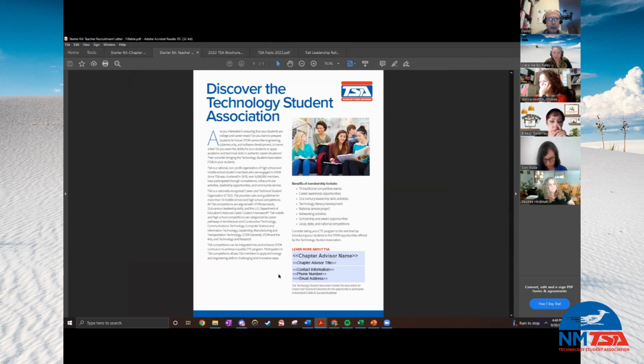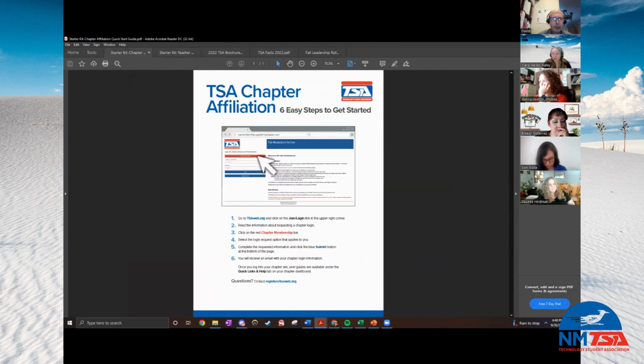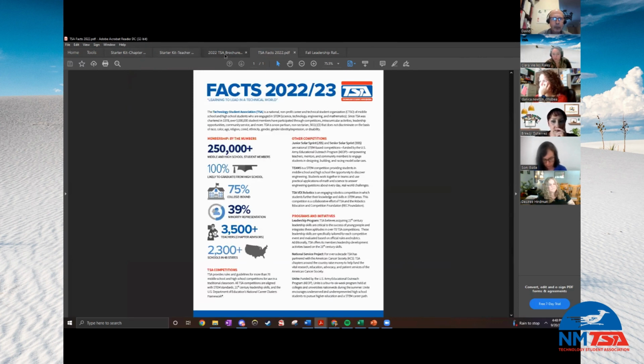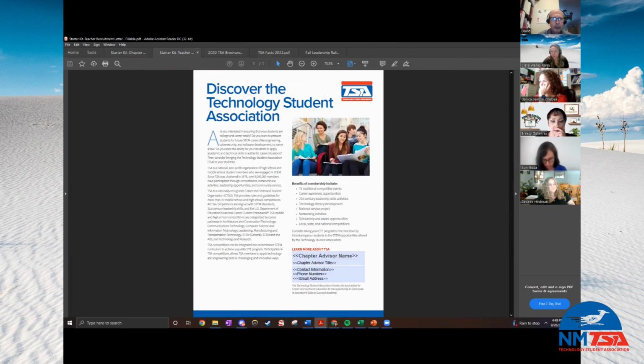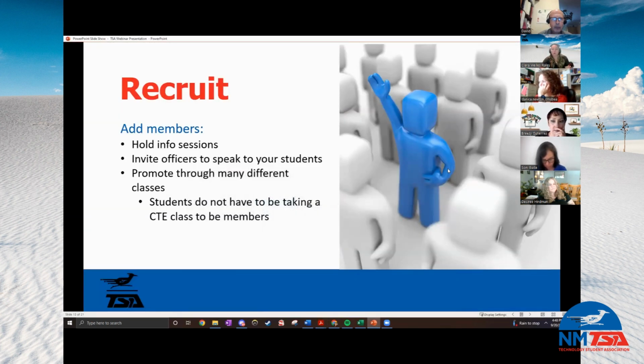There is this teacher recruitment so that you can put in your name and your contact information for your students to come in and find you. And then there are so many other options, but those are absolutely some of the ones you have just to start to recruit students. Hold info sessions for sure. If you have an officer, a leader who is for a fact going to be one of your champions, invite them to come and speak to students, get them on board.